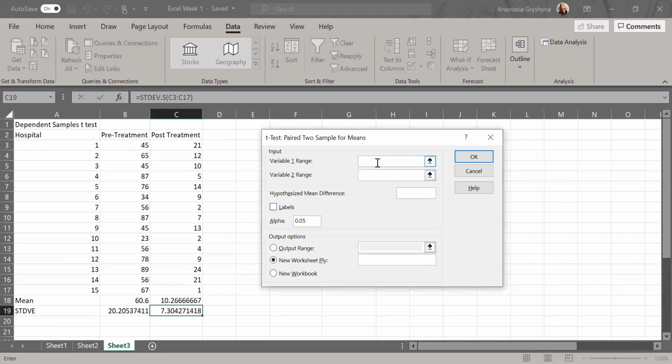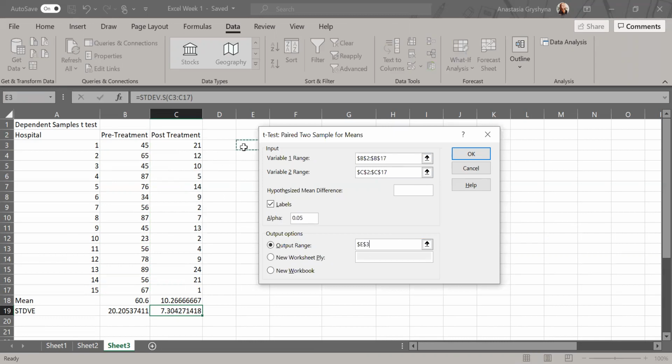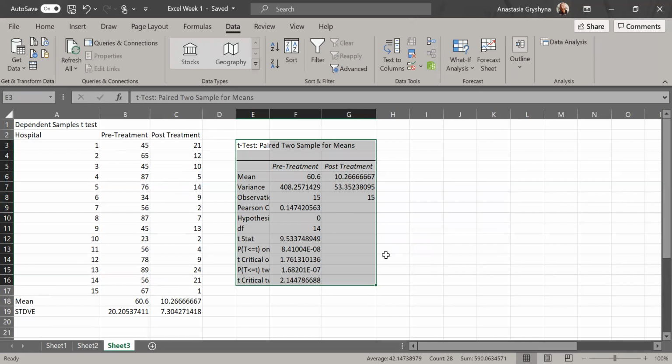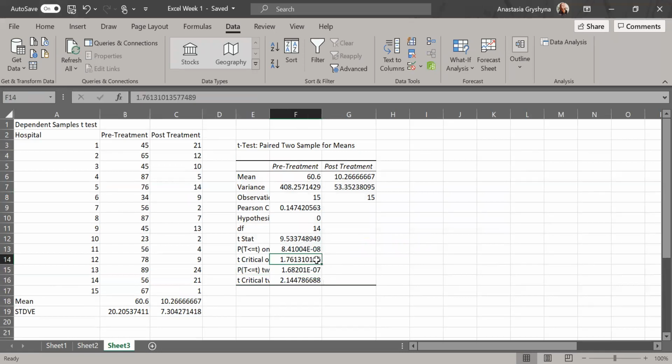Click OK. And then again, same thing. Select your first variable range, second variable range. Make sure to click labels if you're including them. Again, I like to put my output here. And also, if you do change your alpha to a different number, make sure to select it right here. Okay, so this is going to be our p-value right here for two-tailed. One-tailed is right here. And then again, to do your graph,